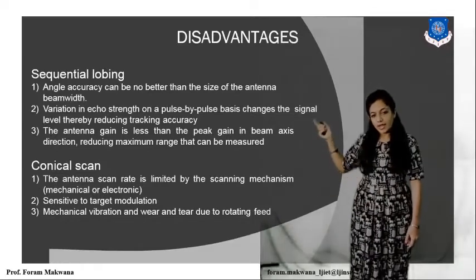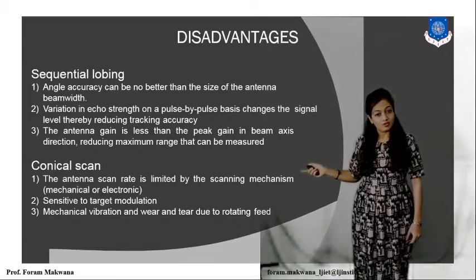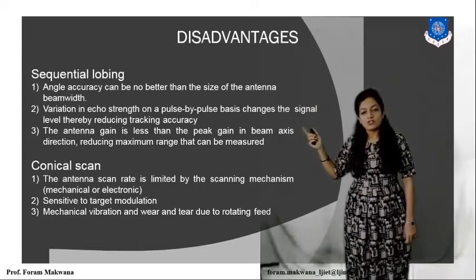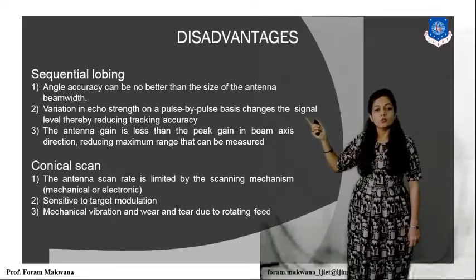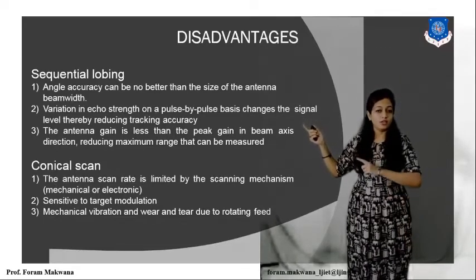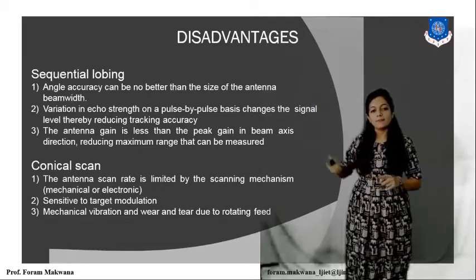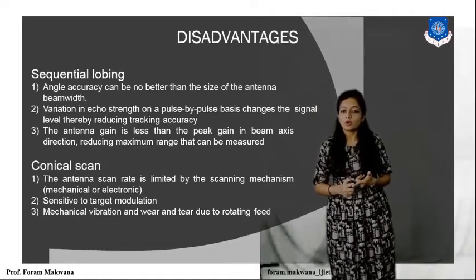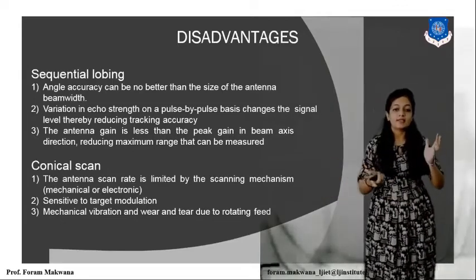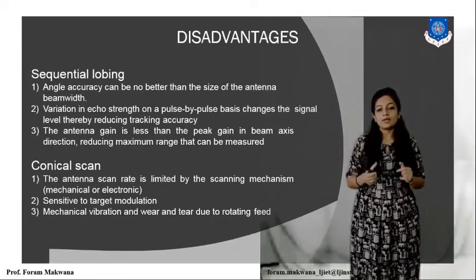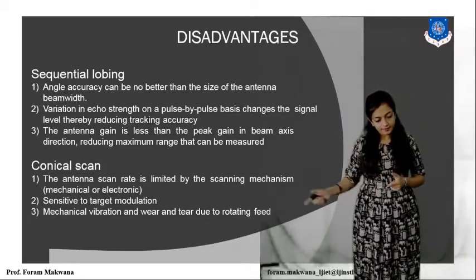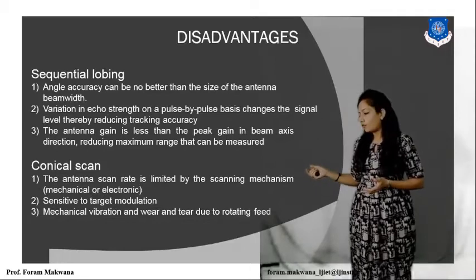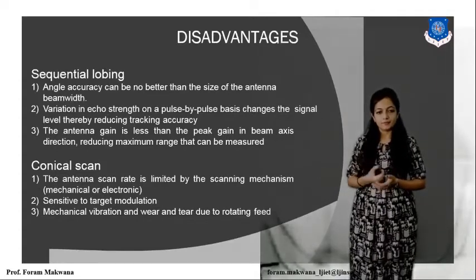So over here, accuracy and range are going to be changed. One, accuracy is changed by the variation in the echo strength, and second, it is changed based on the size of the antenna. So accuracy depends on the size of my antenna as well as the strength of my echo signal, right? And the disadvantage of conical scanning is